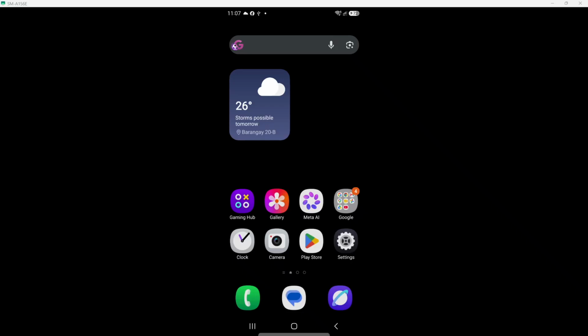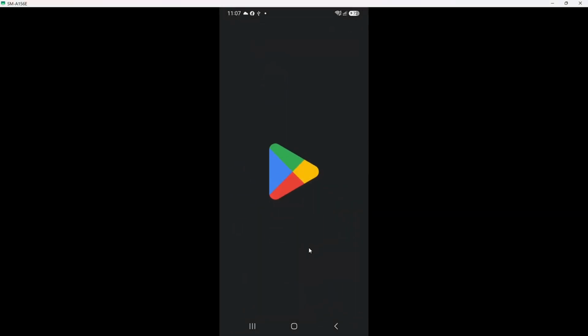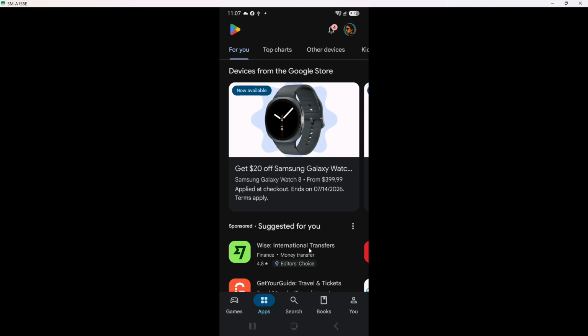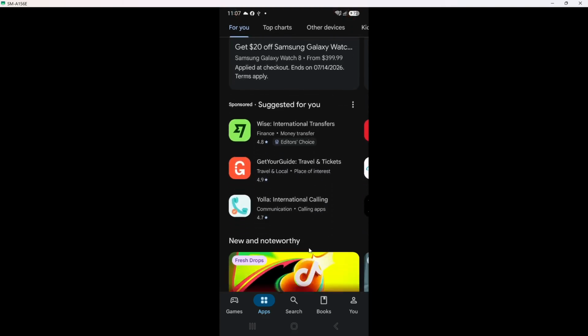In today's video, I'm going to teach you how to download Chrome Remote Desktop app on Android. First, begin by opening the Google Play Store on your Android device. You can find the Play Store icon, which usually looks like a multicolored triangle. Once you tap on it, you will be taken to a screen filled with various apps and games.